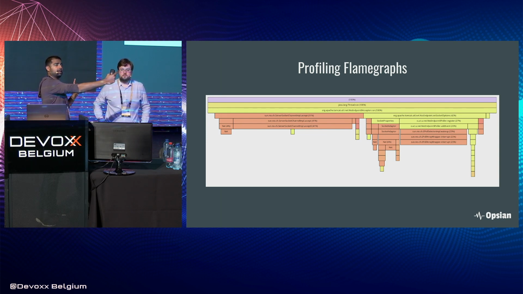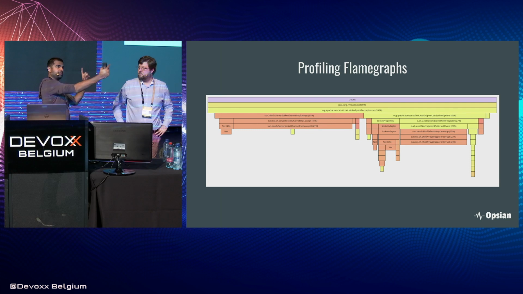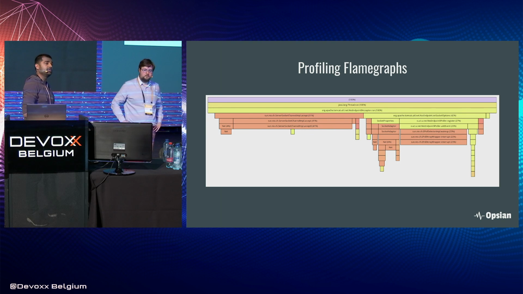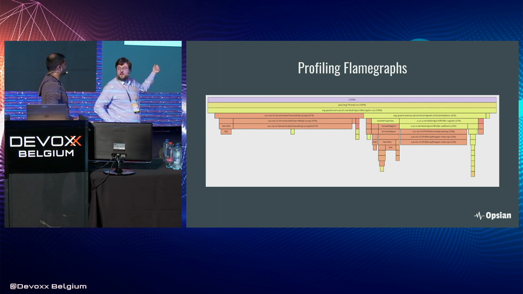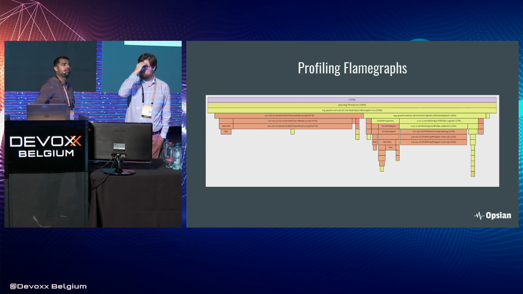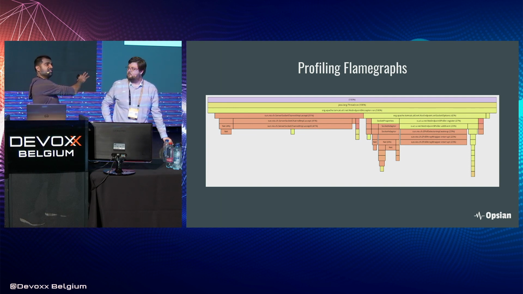seen that method in. The difference between the width of a box and the width of the boxes underneath is the amount of self-time. That's the amount of time where samples actually ended in that method, so the amount of time that method was the one currently executing when we took the sample. On the right there, for example, you've got a method with a huge amount of self-time, where it's really fat and it's got one little child that's tiny and narrow. So flame graphs are great because they allow you to take a whole bunch of profiling data, put it on the screen and have a visual look, and you can often see some of your biggest bottlenecks just by scanning that report.